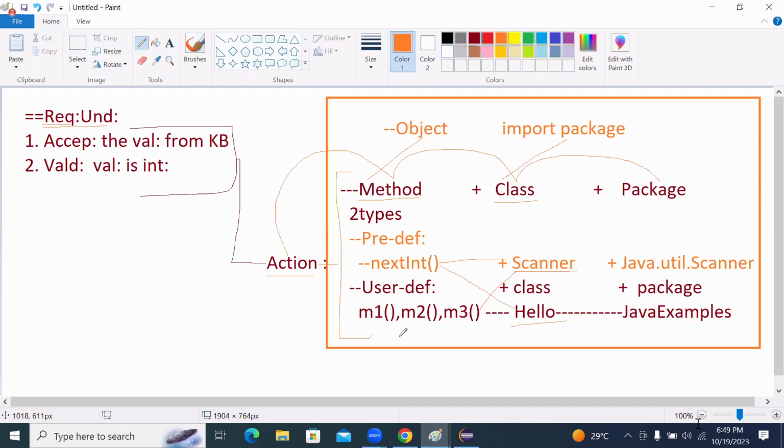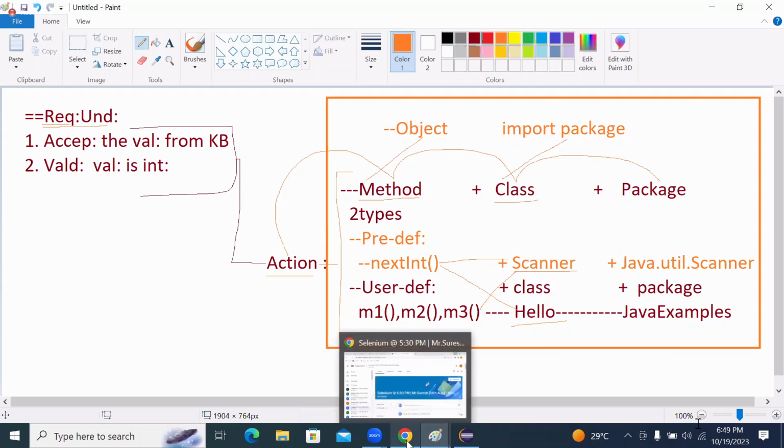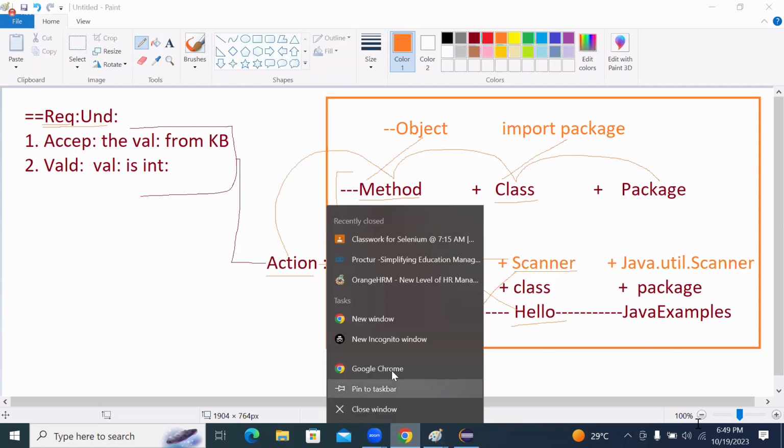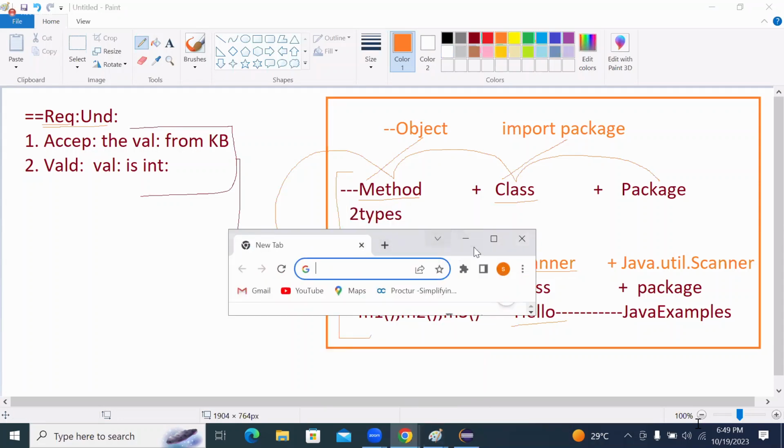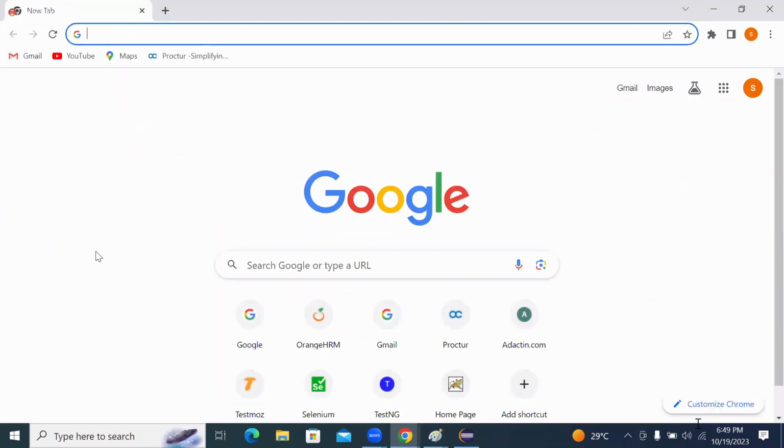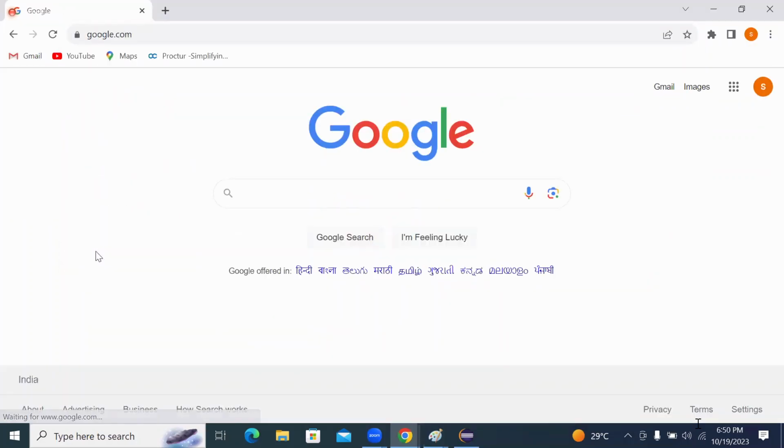Once they understand the requirement, they will open Google. They will open one browser, and in that browser they will open the Google page. As they are already clear about the requirement, according to the requirement the developer will be